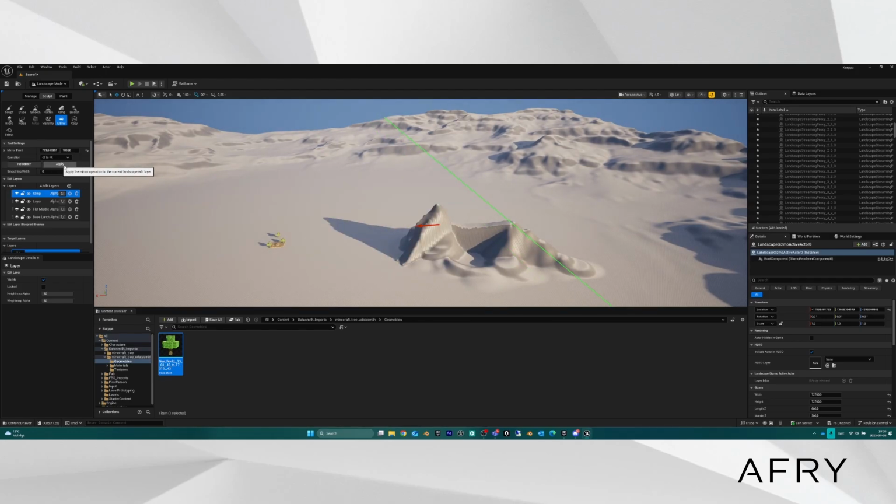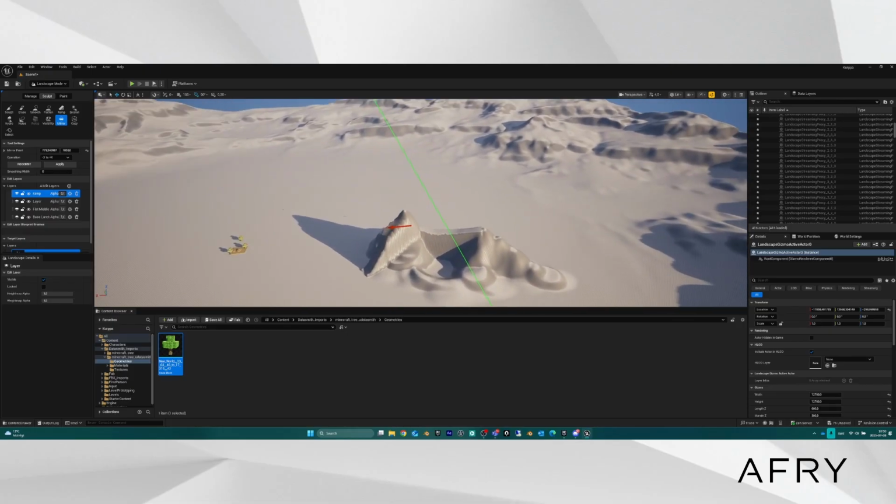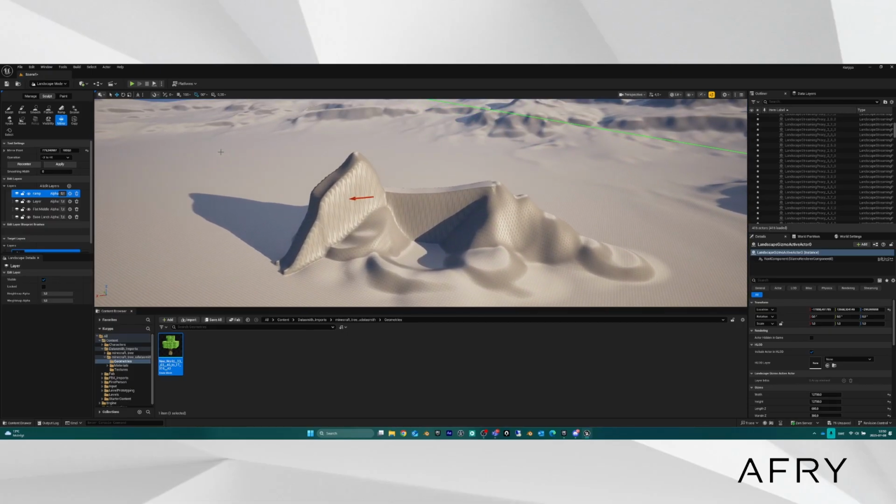Apply. Yeah, it did something at least. Inside of the landscape sort of